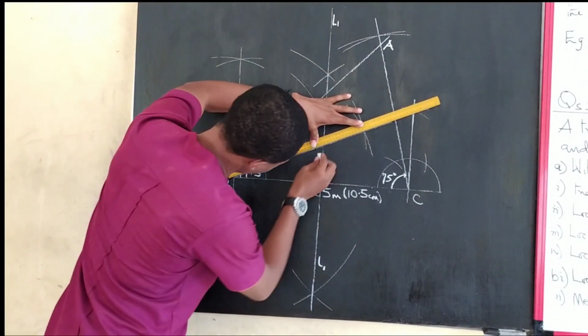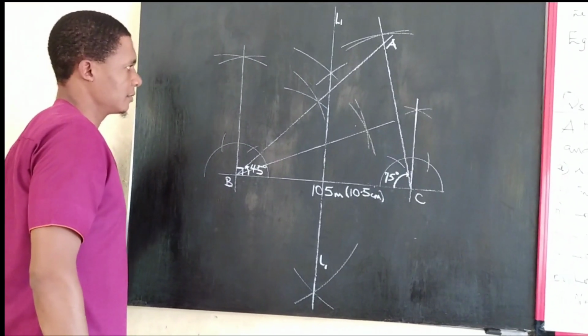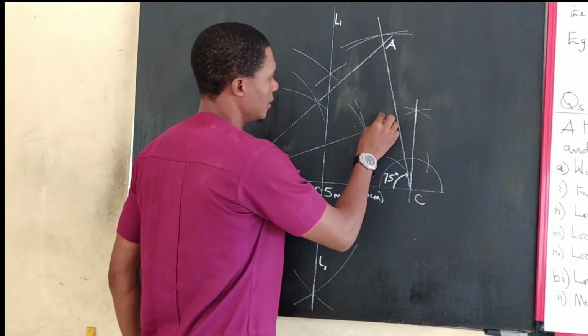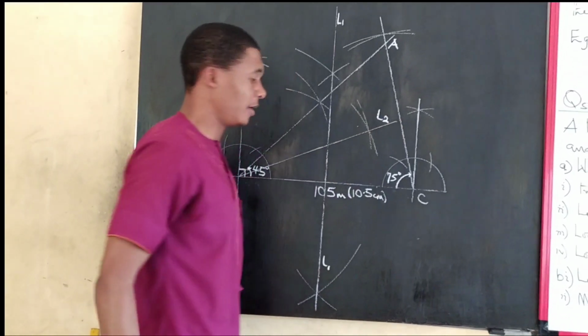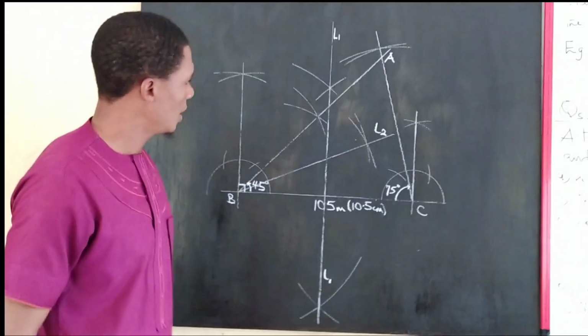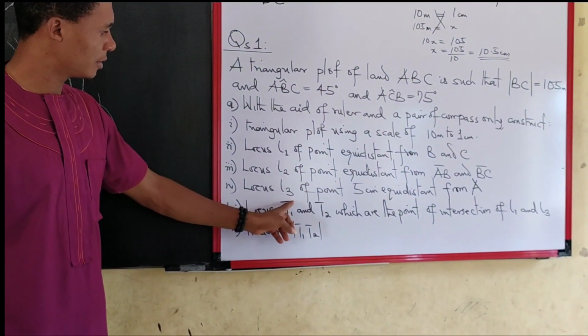Did you see that? Okay. Right, so I've done that. What do I call it? L2. You label it L2. Now what next? They say L3, or point